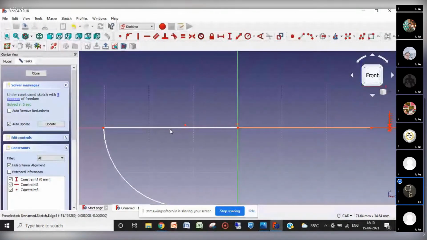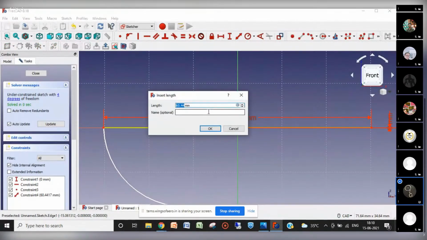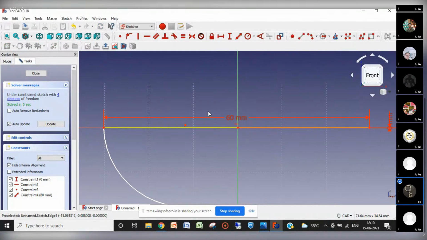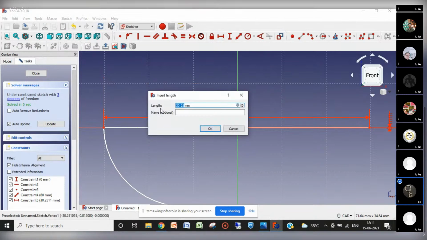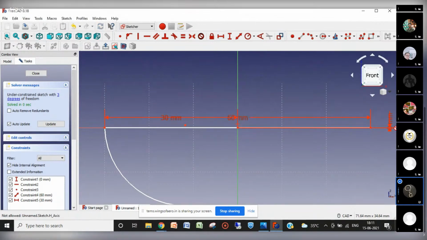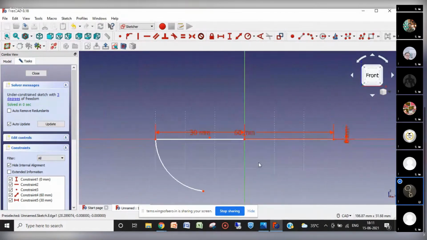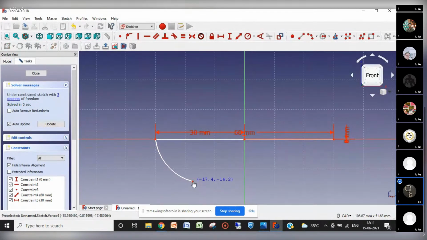Let's give some length to this line first. Selecting length, let it be 60, which is already given, and horizontal distance from the center to this point I would like to give it 30 so that it is symmetrical to the central axis. Now just zooming in a little bit. Now adjust this